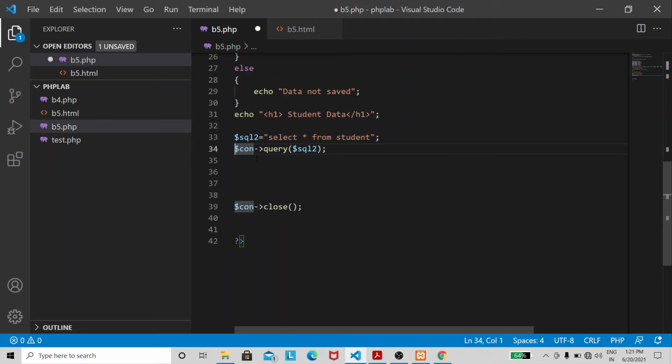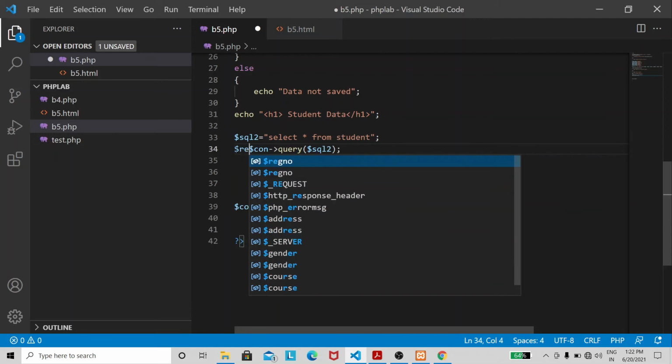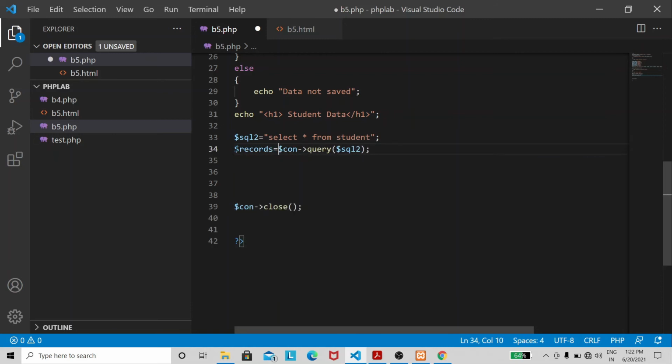We need to store those records in some variable. So on the LHS I'm going to create one variable called records. This will hold all the records returned by this query. Obviously there will be more than one record, so we are going to write a looping statement to display the contents.